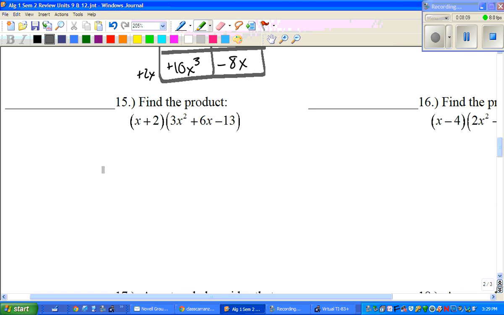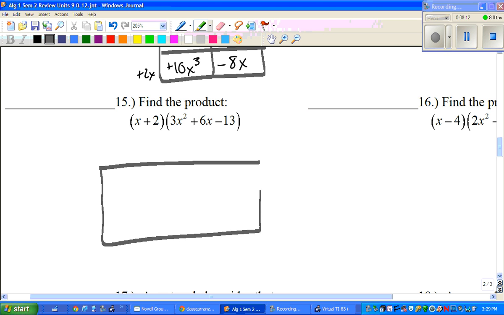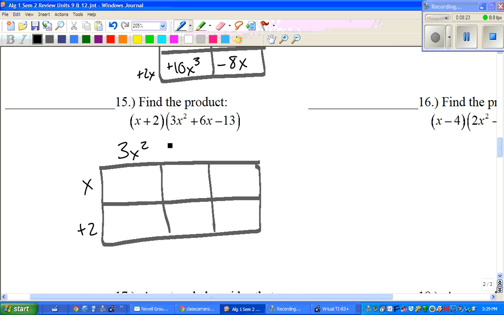15, I am going to do this in the box method just because we have a lot of information, and I want to keep everything nice and organized. Okay, my x plus 2 is on the left side, and we have 3x squared plus 6x minus 13. Okay, 3x squared times x is 3x cubed. We get positive 6x squared and negative 13x. Okay, and now we're multiplying everything by 2. We get 6x squared plus 12x